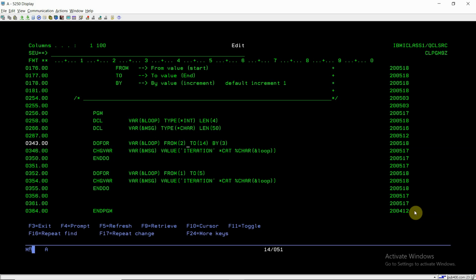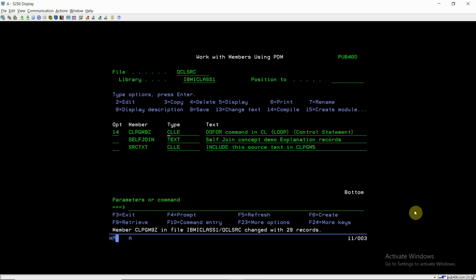And inside this loop there is a statement executed, a CHGVAR command, where we are specifying the message as 'iteration' and then concatenating the loop value at that instance, and we are converting the loop into character as well. So now what we are doing, we are compiling this program